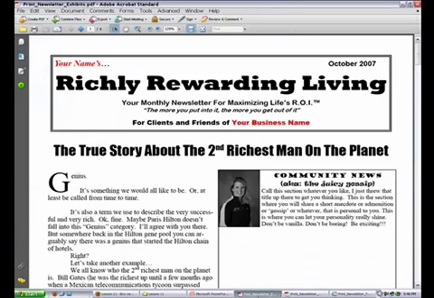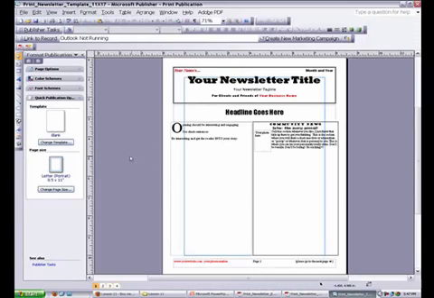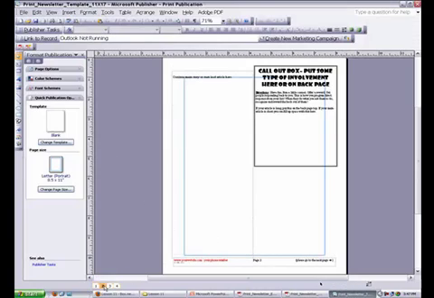Next we're going to talk about newsletters. I'm going to show you an example of a print newsletter that we give to our VIP clients. This is a done-for-you print newsletter they get every month. This is a very old one, October 2007. We're always tweaking the format a little bit, but for the most part, most of the main pieces stay the same. I'm going to show you an example of this, and then we're also giving you a blank template, so that way you can tweak it up and use it for yourself.